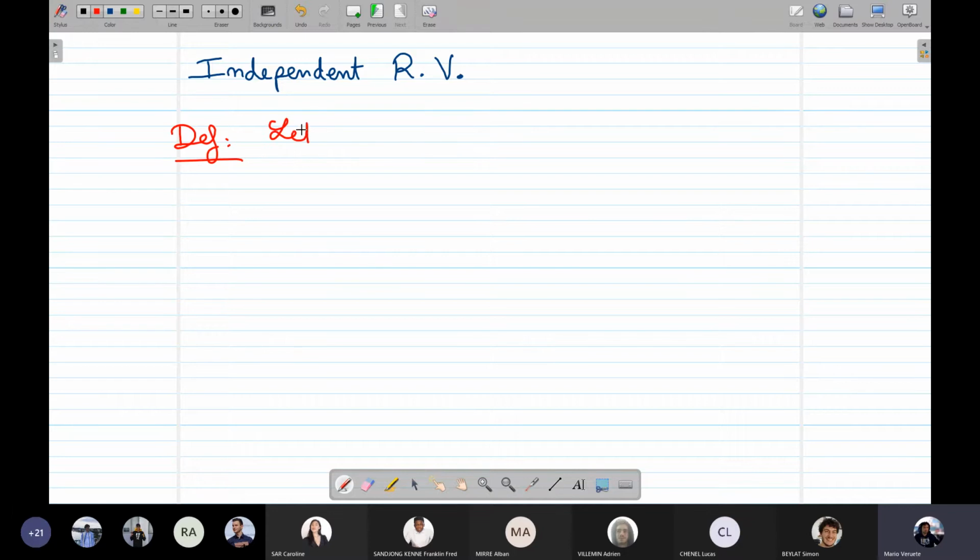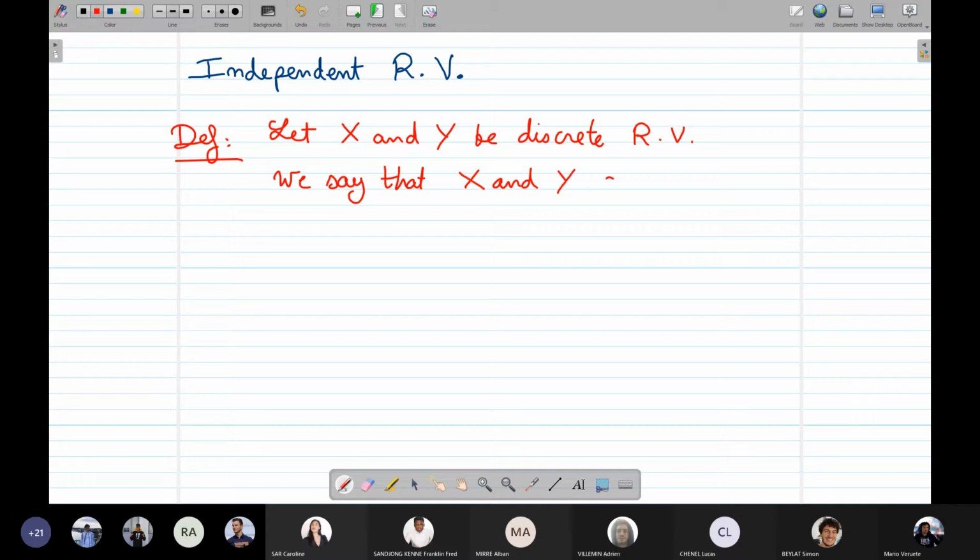So let x and y be discrete random variables. We say that x and y are independent if